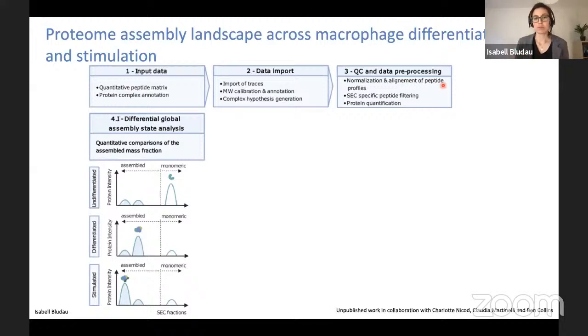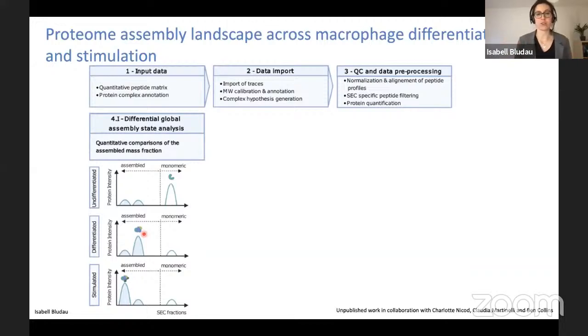Following this initial pre-processing, we can then actually do differential analysis on 3 different levels. The first one is we can look at global assembly state differences. So comparing the assembled mass fraction of a protein. So here we look at a single protein at a time. And again, as I mentioned, we can distinguish the monomeric and the assembled range of the SEC fractions, and then we can compare whether there's a shift from the monomeric to the assembled range of the